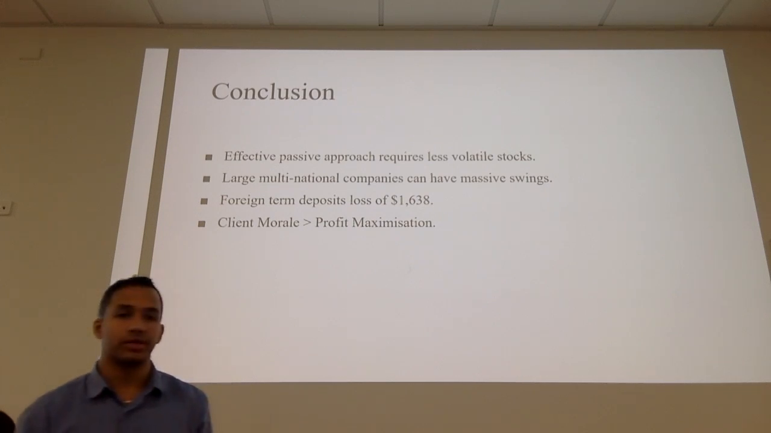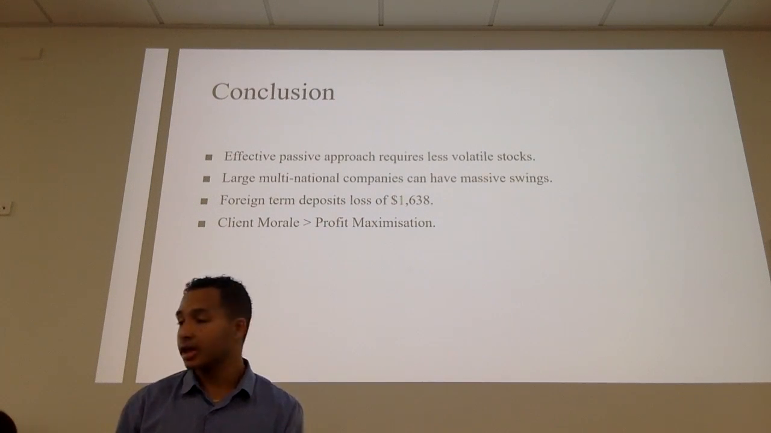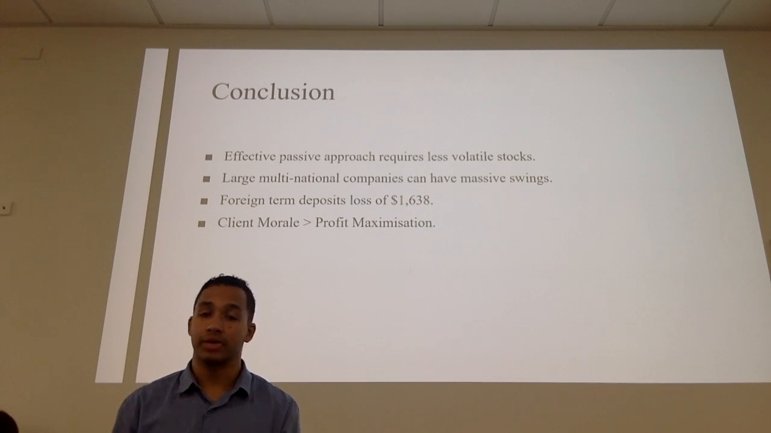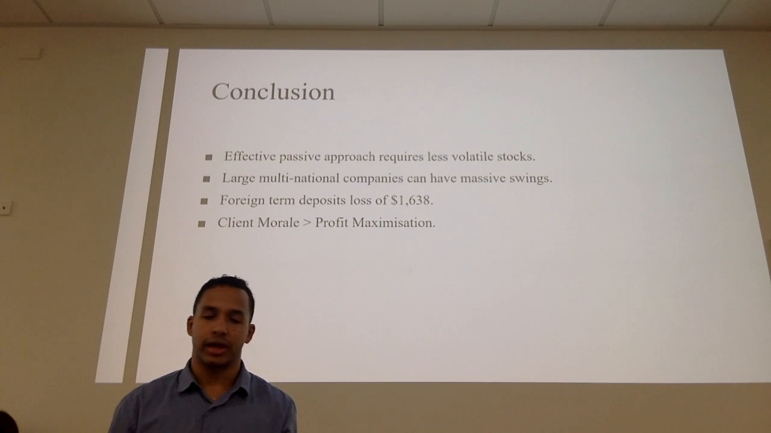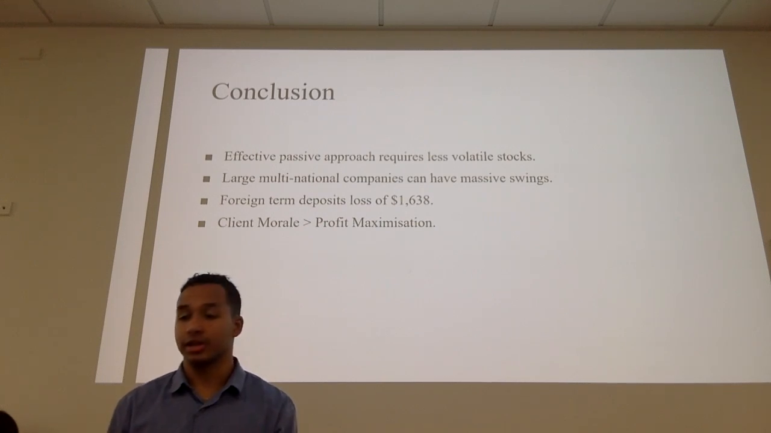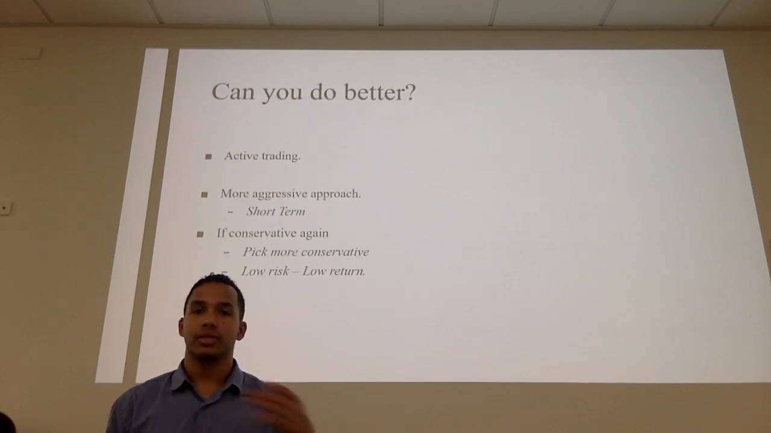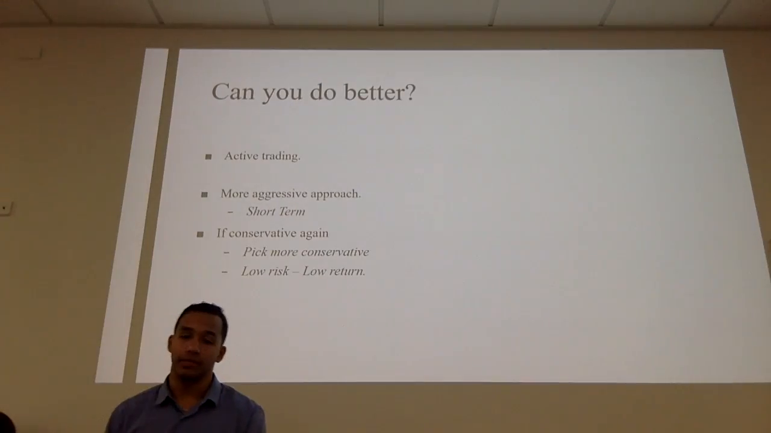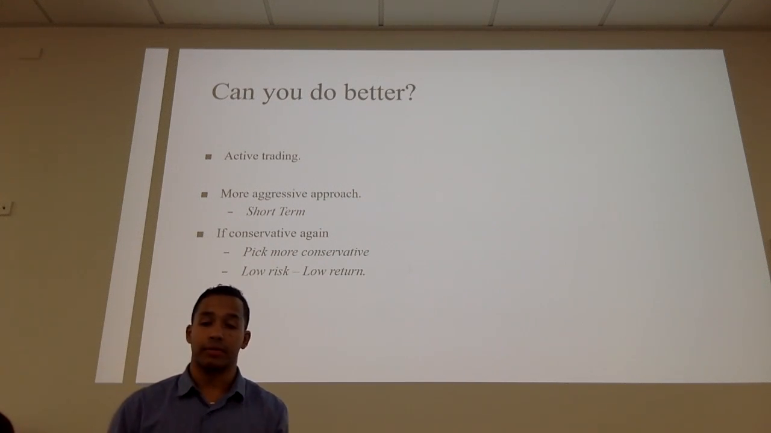With foreign term deposits, we actually made a huge loss as well of $1,638. This is due to us not knowing about exchange rates climbing during this period. And also, our passive approach actually affected profit maximization, which we could have done a lot better as well. So what we could have done better is active trading. Knowing that this period is quite short-term, with the type of stocks that we've picked, if we had traded them, we actually could have stopped a lot of our losses